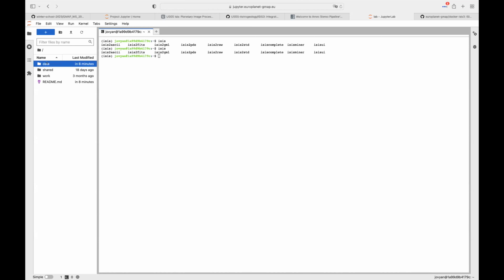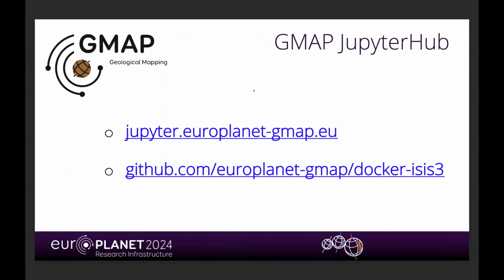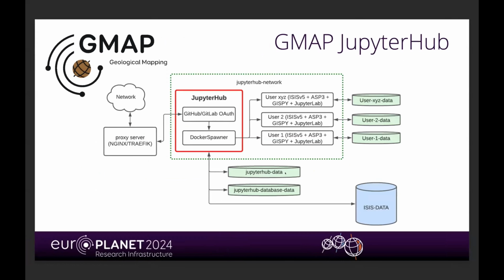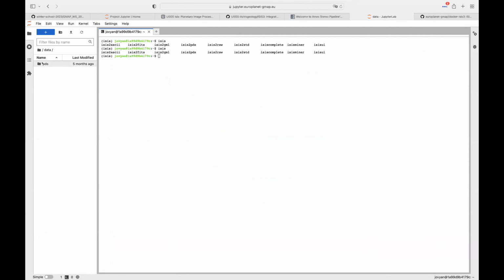Here we have some shared data stores. The nodes in this figure represent those data stores, for Martian data, for example, here using the PDS,